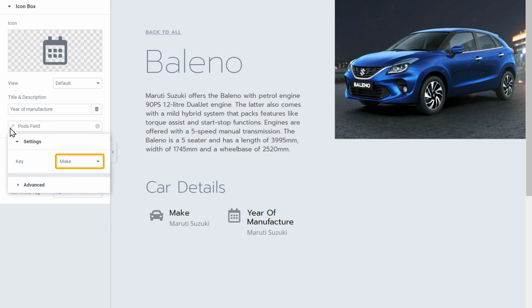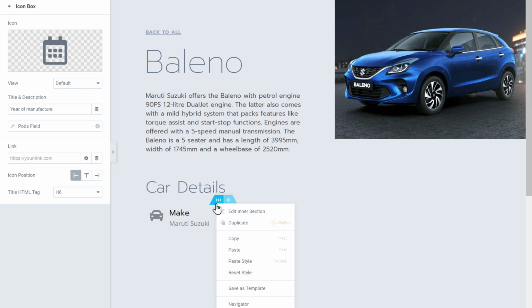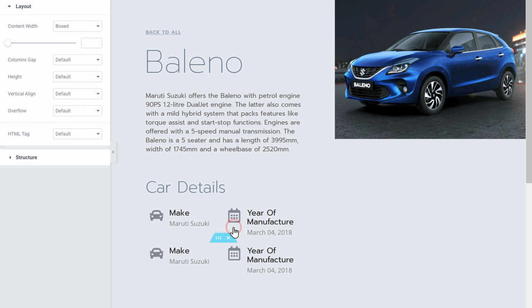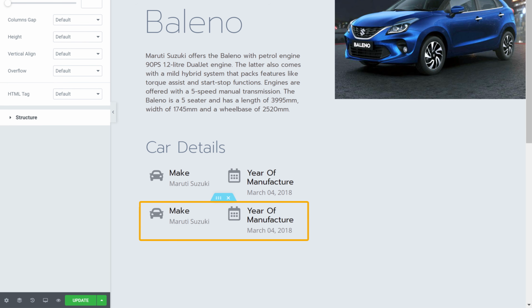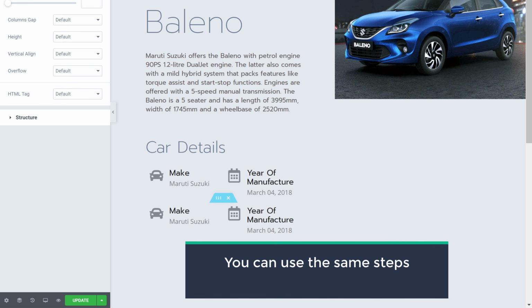Then click here. Select the field you want and it will be added here. Now if you click here and click duplicate, the same section will be created here. You can use the same steps to add the other fields to your post.